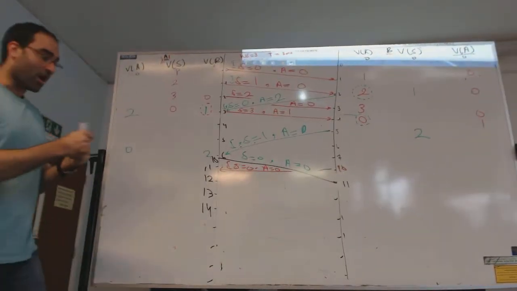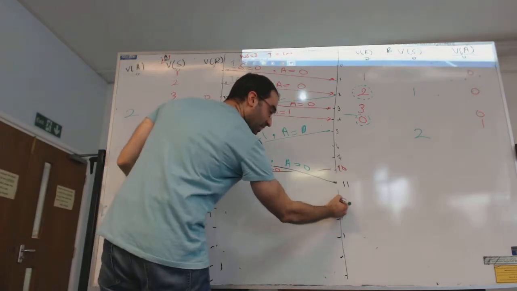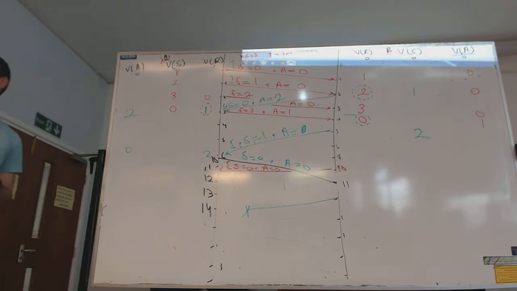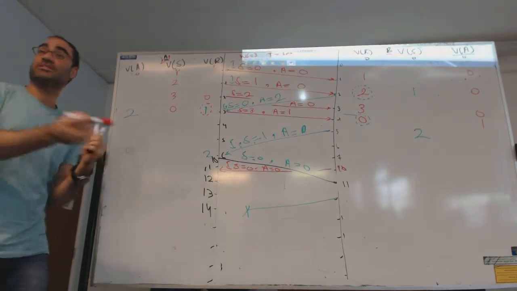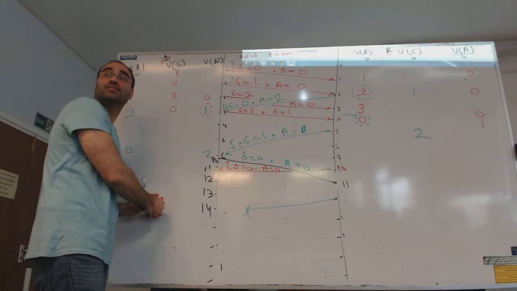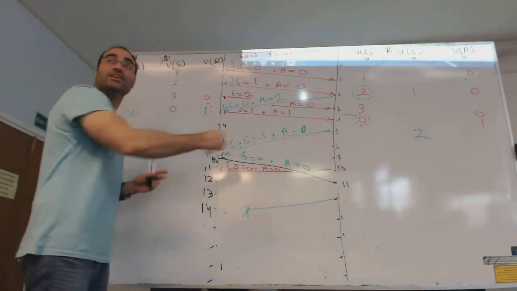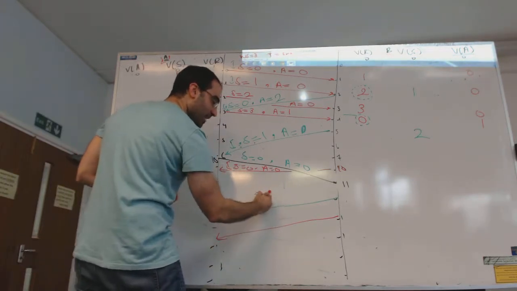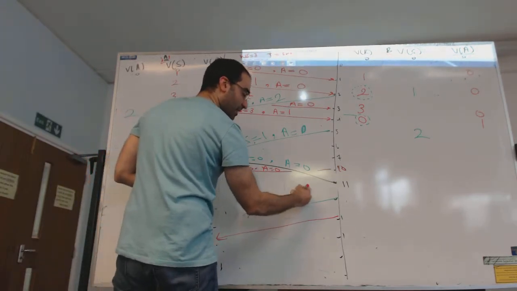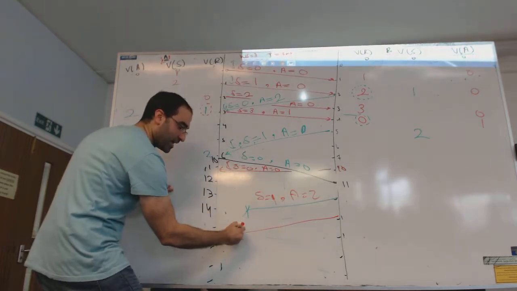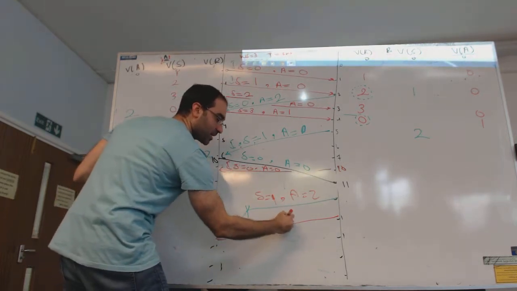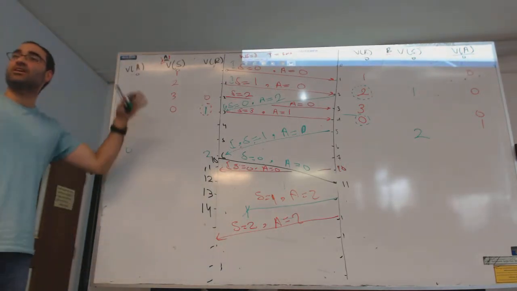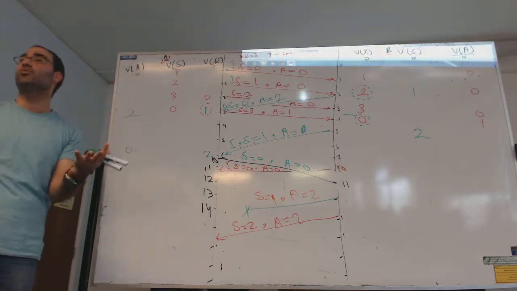So you say B arriving, so this side. B sending at the 13, arriving at the 14, did not arrive. Okay? You continue the question, did not arrive. So you don't update this side. You just update whatever you have in this side. And the other message is arriving, 14 to 15. This will have an S equals, for example, 1, and an A equals whatever, 2. In here you'll have S equals 2, A still equals 2. When you try to do that comparison, this is not updated. So when I say variable of the sender equal to variable of receiver, it will not be equal, because this went